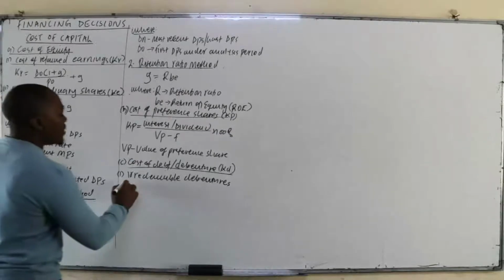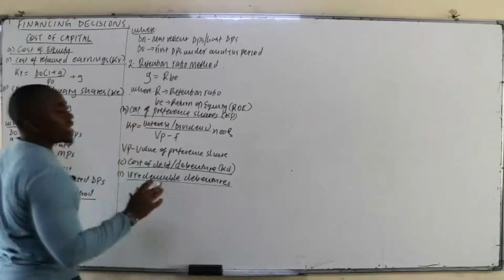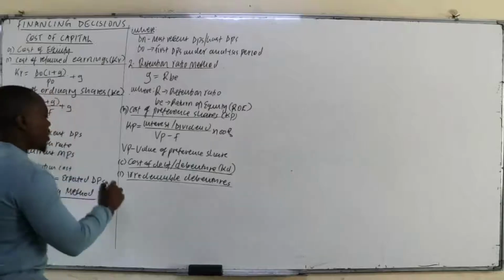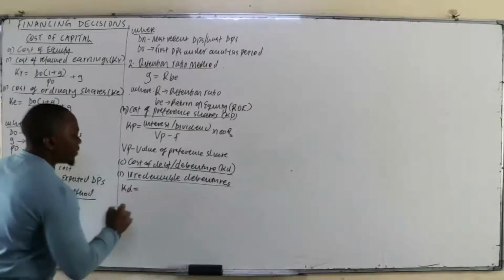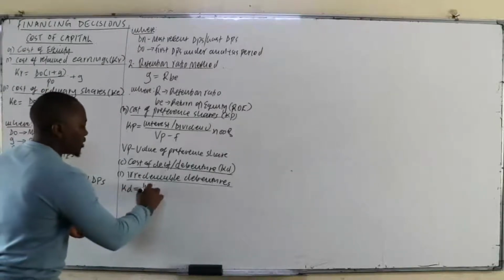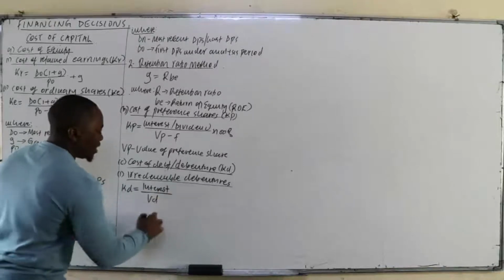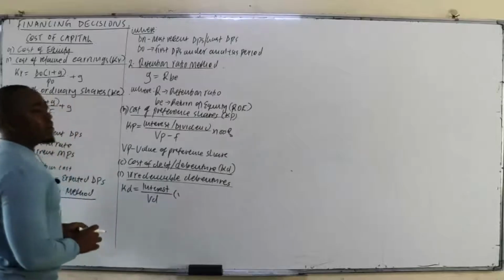That's what you call an irredeemable debenture. They are those debentures that will not mature, so they are meant for the company to perpetuate. So how do we get the cost of the debt in the case of irredeemable? You take the interest and divide it by the value of the debt, and then, since debt is allowable for tax purposes,